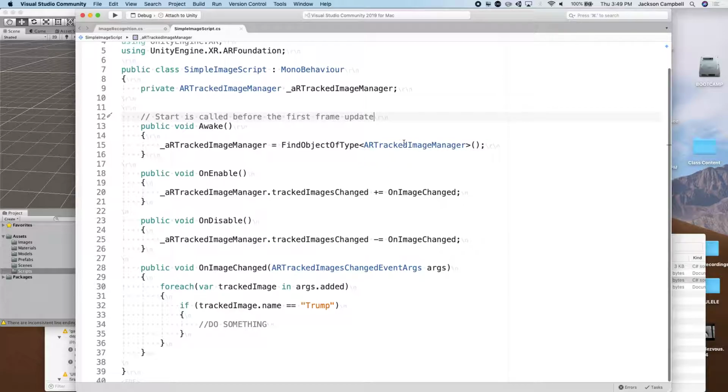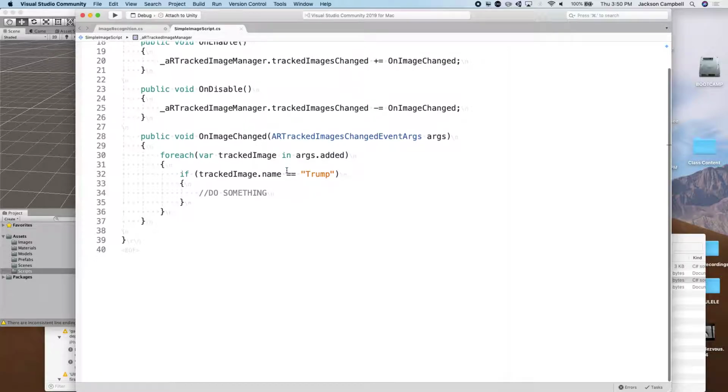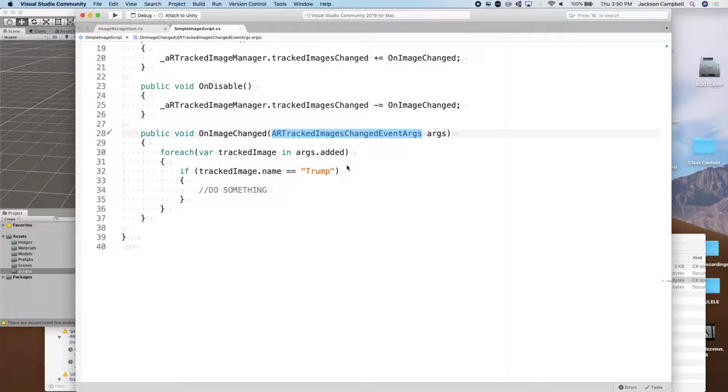Make sure that you have an AR image manager loaded. Find object of type. And then it runs this onImage changed plus equals and the onImage changed minus equals. That's the same as in the other script. And it just does one thing where when it says args.added, meaning it sees the new image,